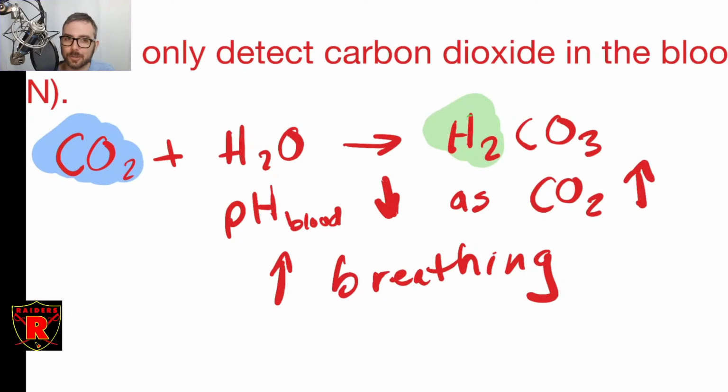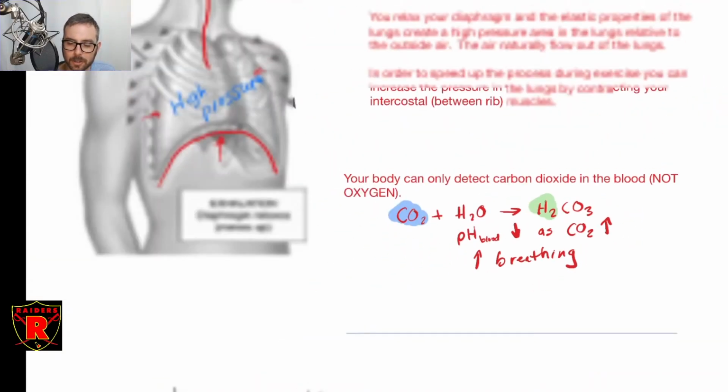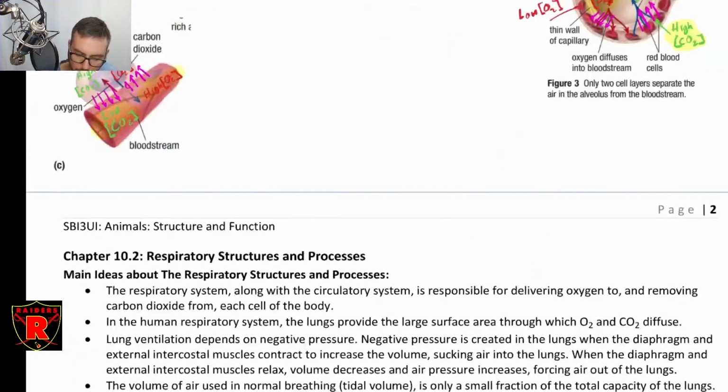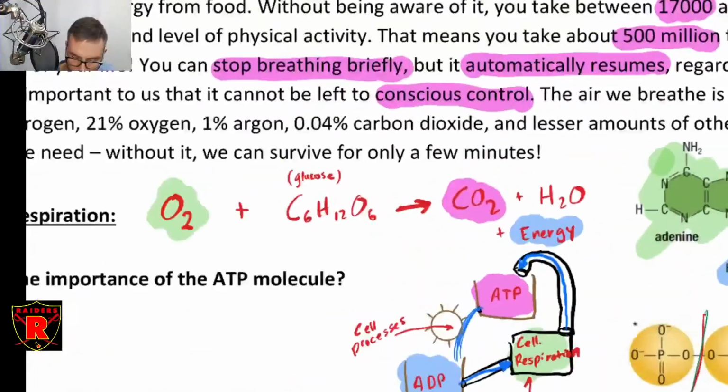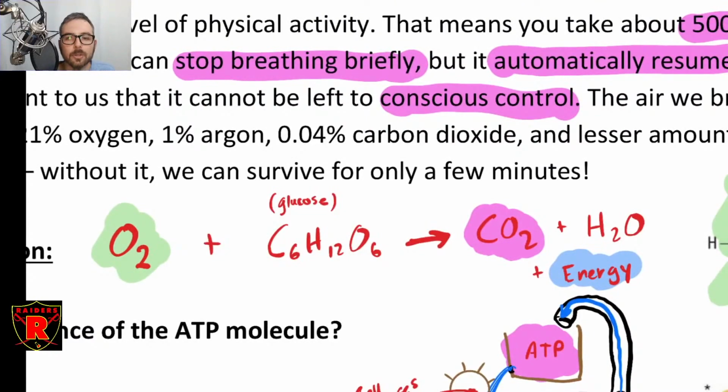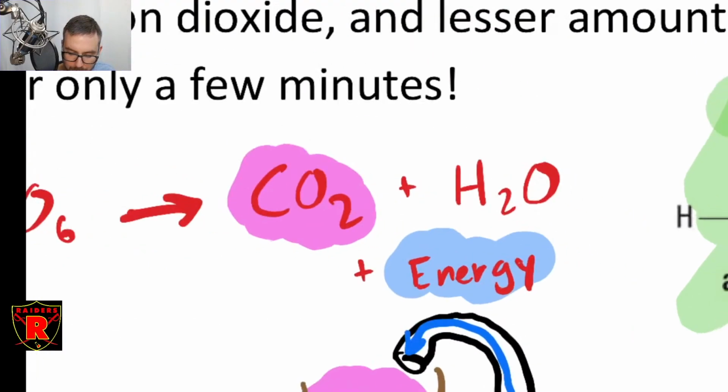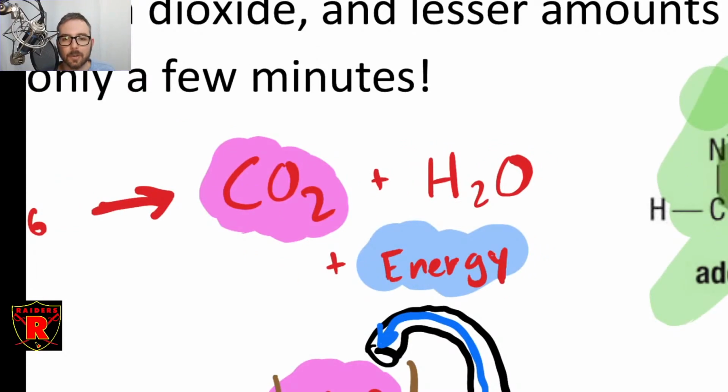When you exercise, remember that you're doing respiration in your muscles, right? They're doing a whole bunch of respiration. So when you look at the products of exercise, going back to our formula for respiration from before, you'll notice that what you get in your blood is lots of this. Not the energy component so much, that stays in your cells. The water component, you have no way to measure that. It's very, very small amounts of increased water anyway. But the one product that you get from exercising your muscles a whole bunch is a whole whack of CO2,